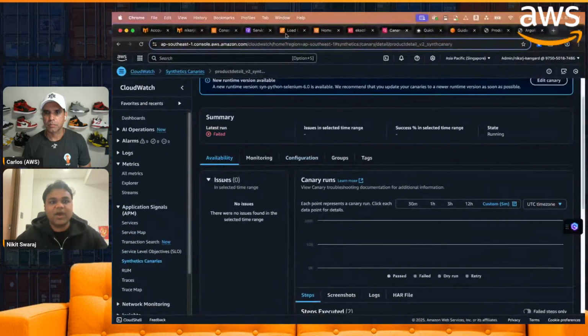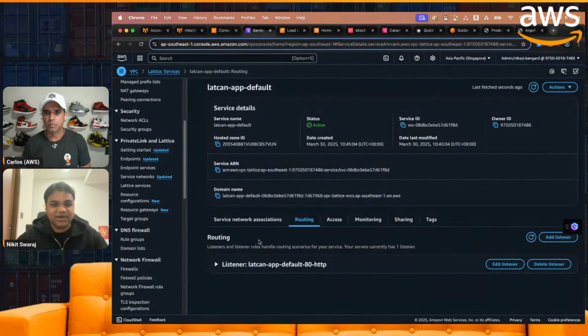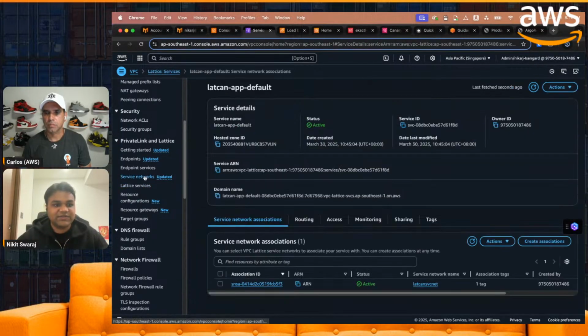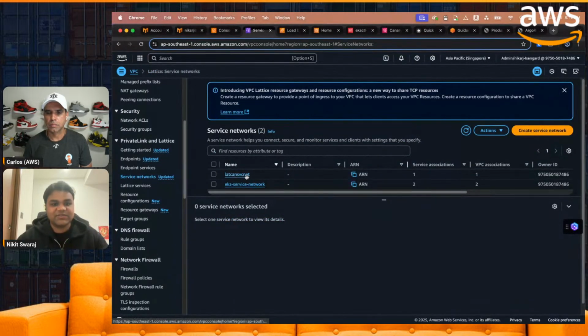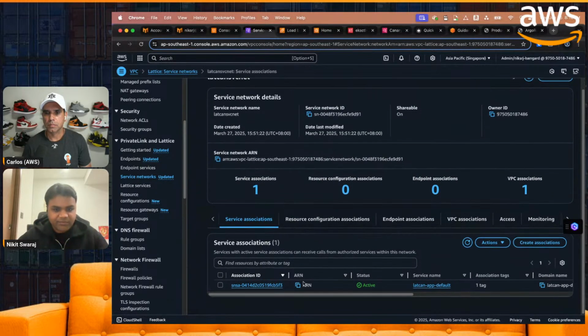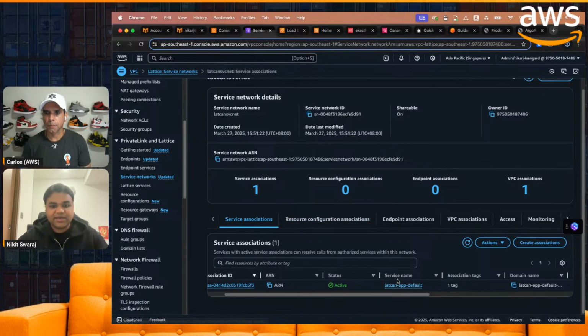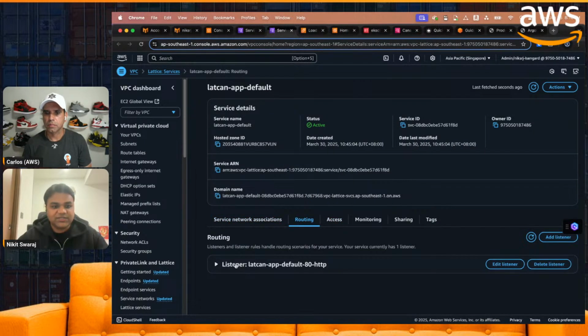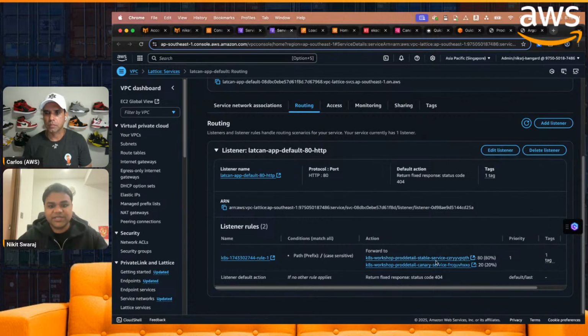So we were talking about how Lattice does the weight adjustment. Previously I was talking about the VPC Lattice service network. So this is the Lattice service network. When we use the gateway manifest file to create the gateway, it actually created the service network over here. And after that, we use this HTTP route, and then we have this service association, and this service has two listeners. One is stable and one is